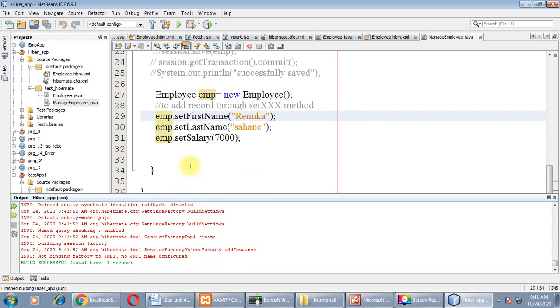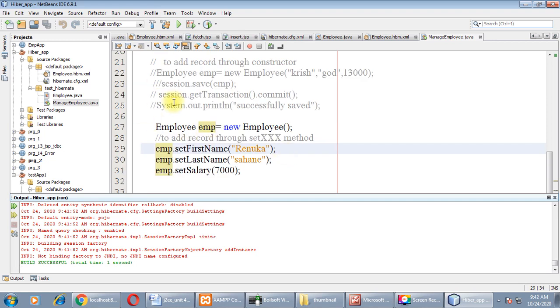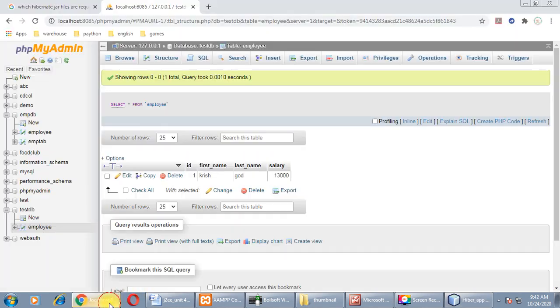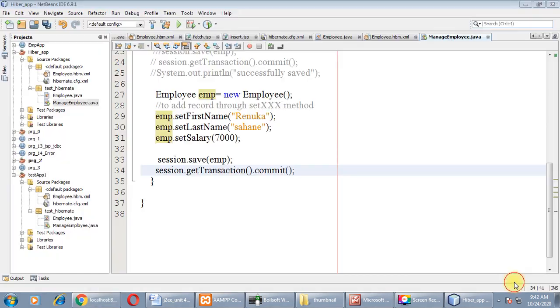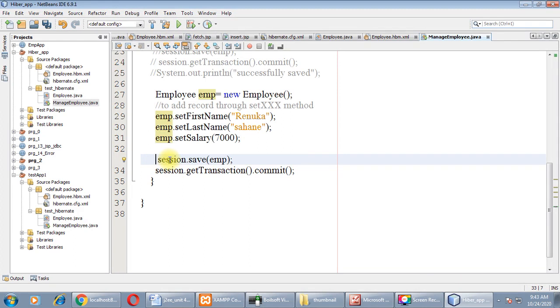This time we didn't get the message successfully saved because we have commented out this line, right? Now refresh your table. Something wrong? Let me check. As I forgot to save this session, we didn't get any new record in our employee table, right?